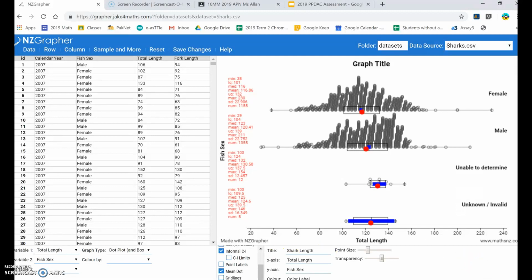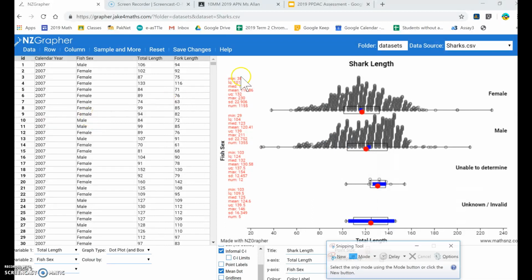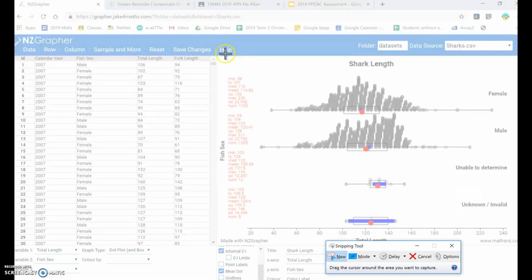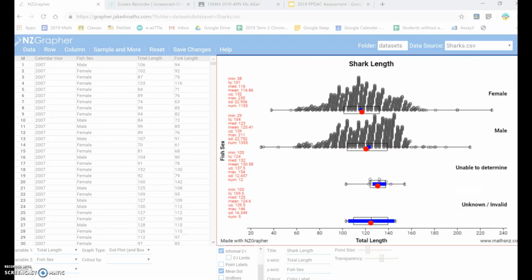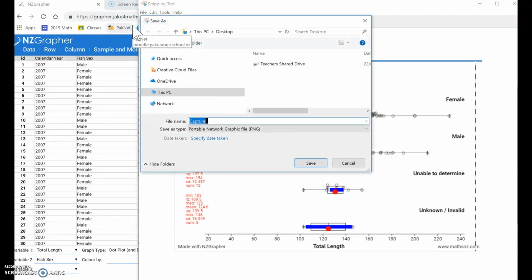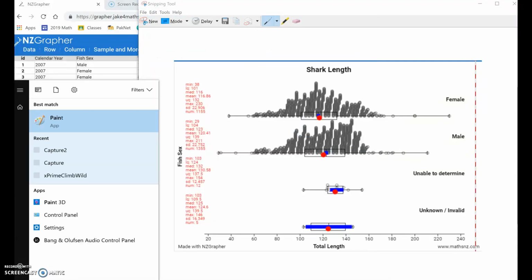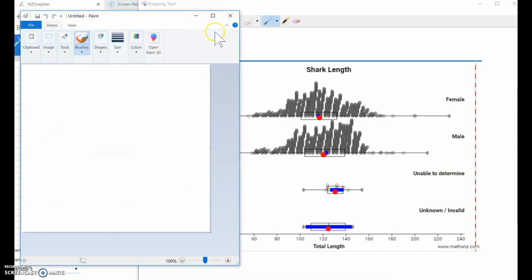Okay, I'm going to update the graph. Now, these two here are annoying, so we could get rid of them. But in this case, I think we won't because it's just going to take too long. So I'm going to go snipping tool and new, and I'm going to grab that like so, and I'm going to go file, save as, and I'm going to save that as capture. Why? Because then I can actually go into Paint, and this is just a bit of a hack, a system